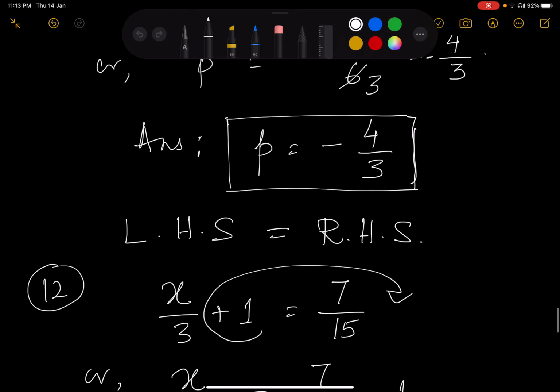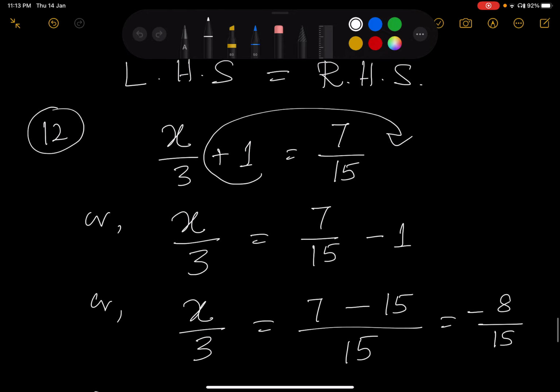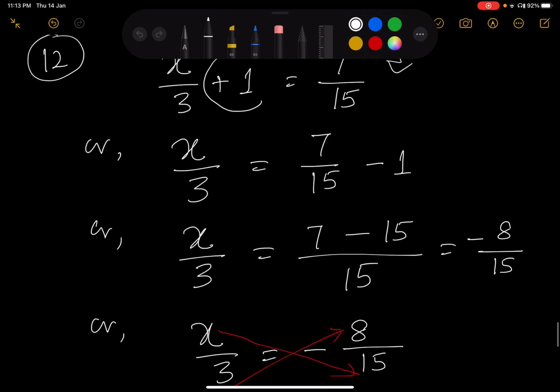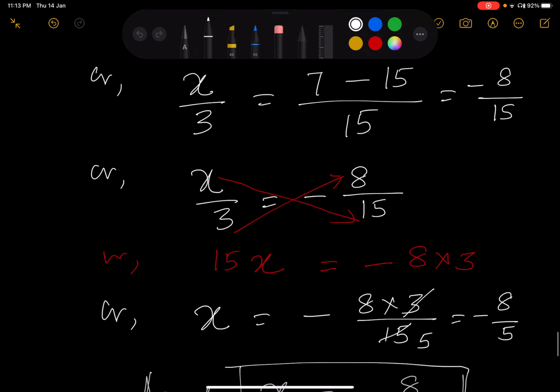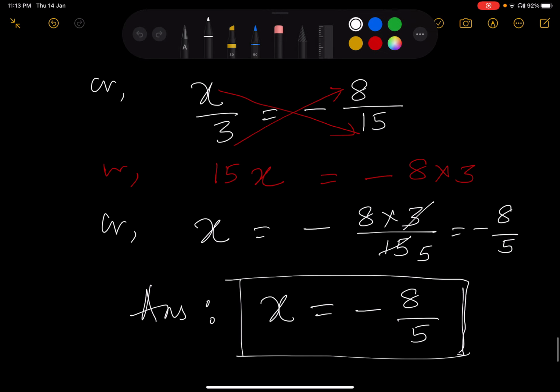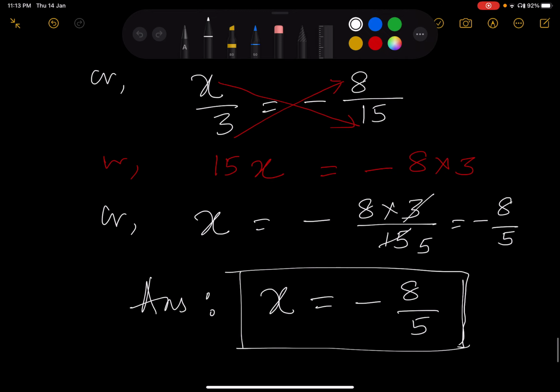So for today, I have solved all the problems of exercise 2.1. Hope you have understood, and for my next session I'll come with some extra problems other than your textbook problems, and I will solve those problems. And I hope that by practicing these extra problems, you will learn algebra better.